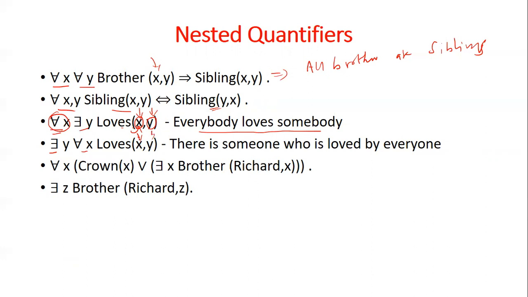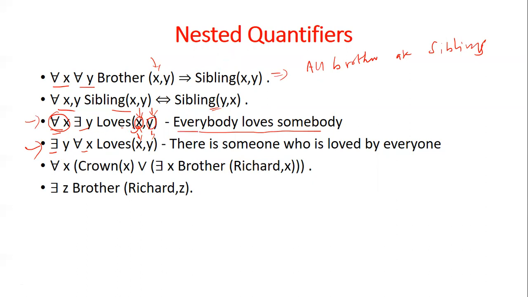So what does it mean? Here X is the universal quantification and Y is the existential quantification. But Y comes at the outer level and X comes at the inner level. This you should also understand because it's nested, right? So here Y is the outer level and X is the inner level. Okay. So first we wrote everybody.